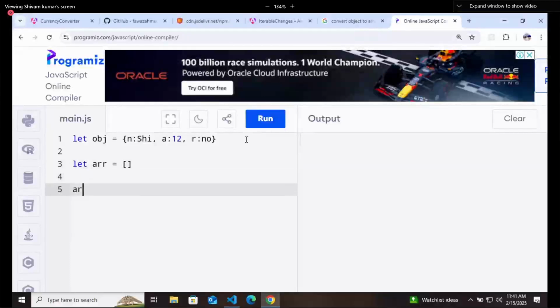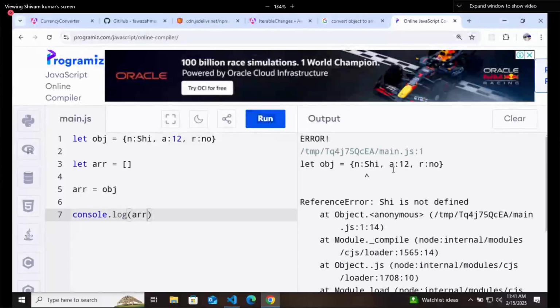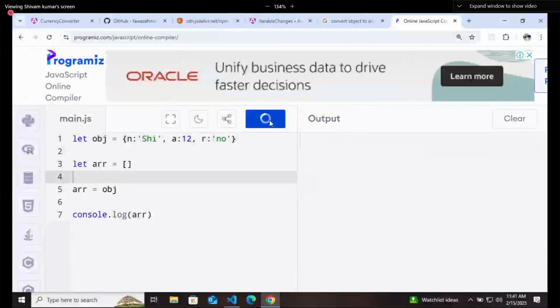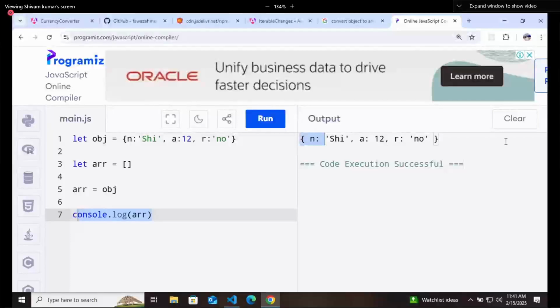Then you said array equals object. Now try to print this array. So this array is getting printed in this particular way. Now your array has become an object, and that's how your Angular will not work. You need to convert this to an array.